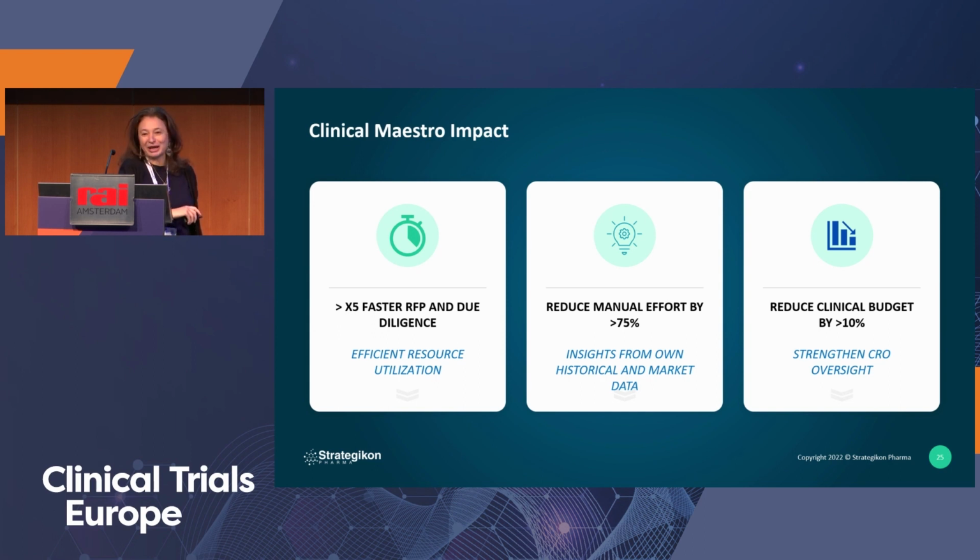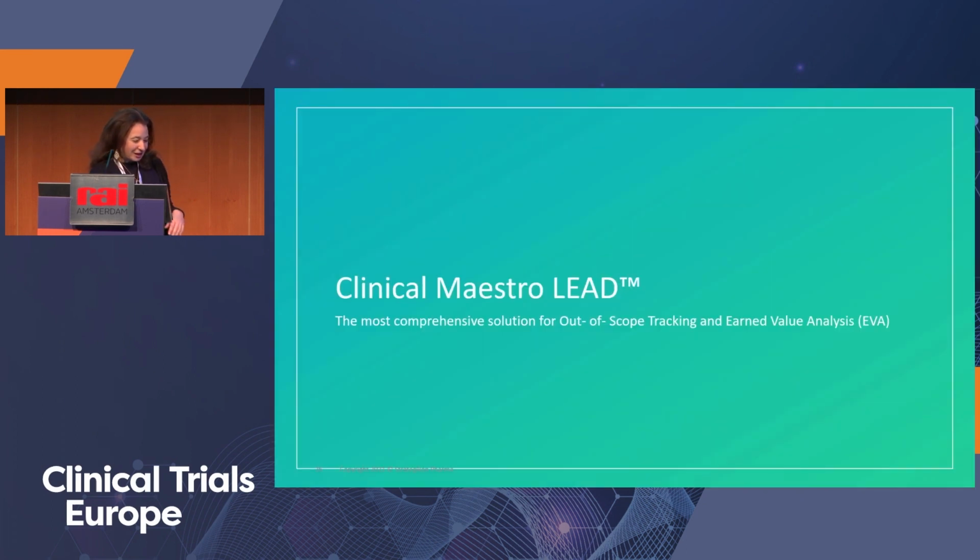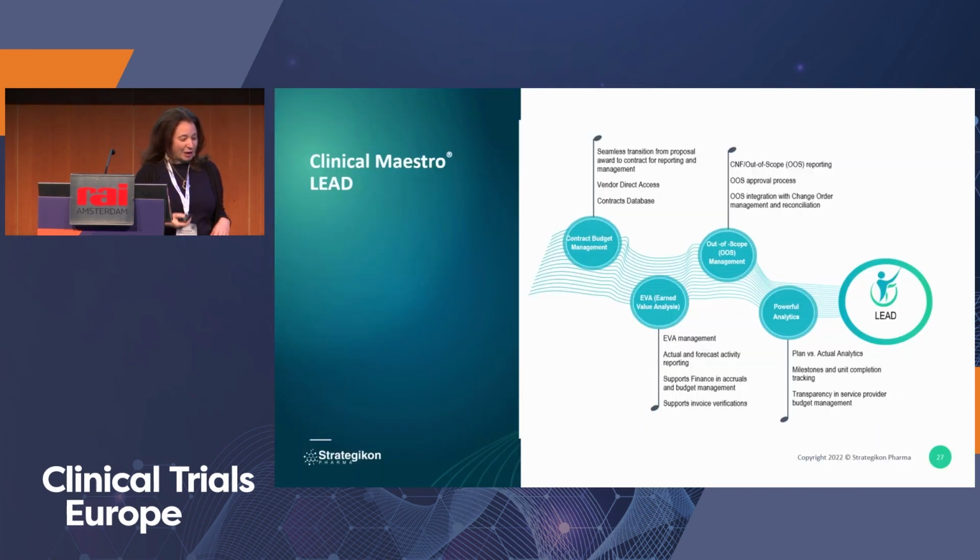Of course, manual effort is drastically reduced, and we like to see the sourcing managers move away from Excel and play with a beautiful tool like Clinical Maestro. And of course, you are looking at reducing the study startup time by reducing the subsequent activities associated with due diligence. Very briefly, I won't have much time for LEAD other than to say that LEAD is the first solution to